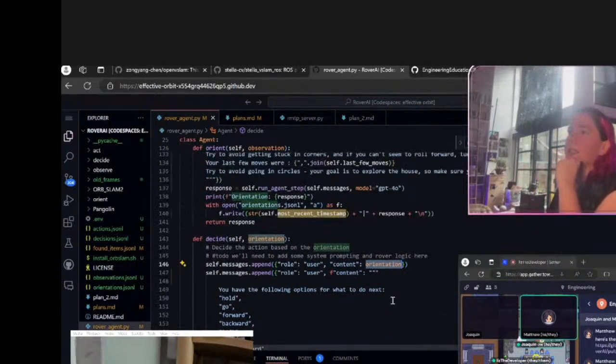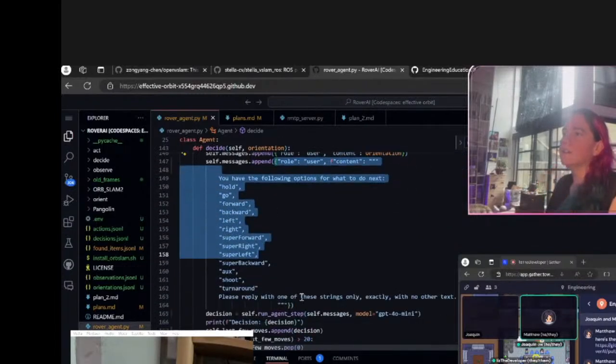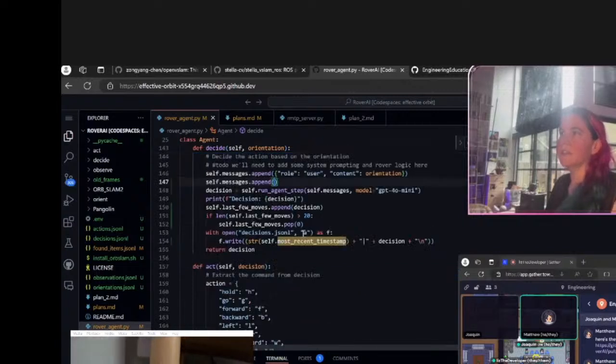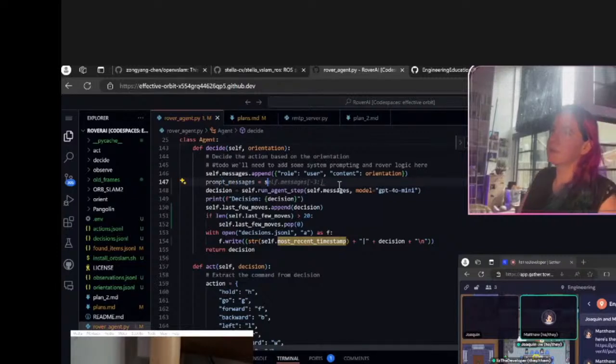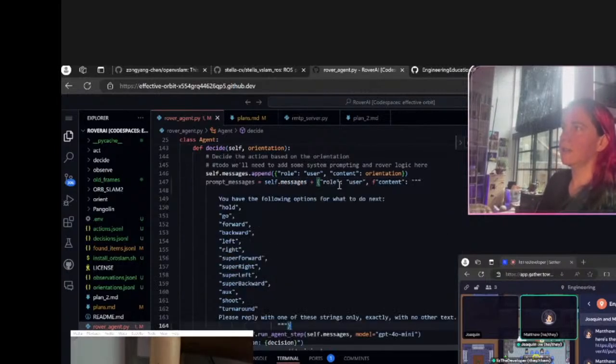I want the orientations, yes, but I don't want this one to stay in the message list. So I'm actually going to take this out, and I'm going to say prompt messages equals self.messages plus this other thing.